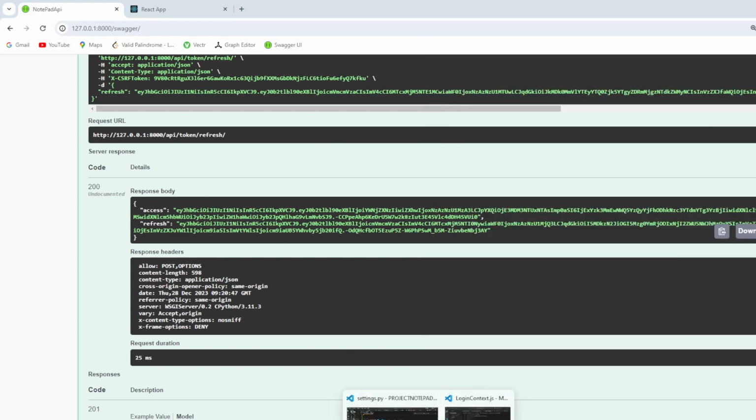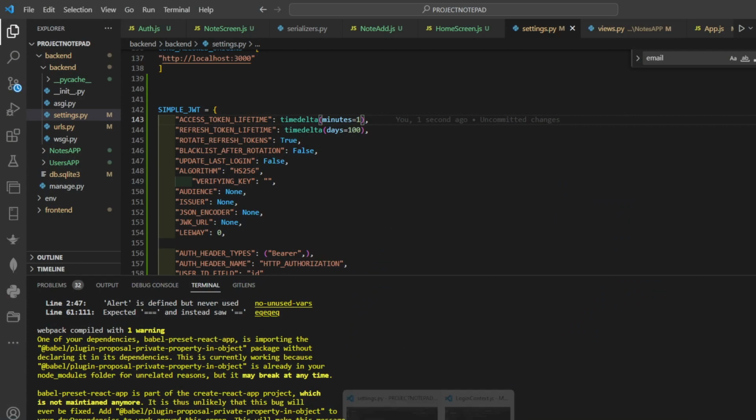So, like, every 5 minutes. Why 5 minutes? The token expires in 5 minutes. So let's say every 3 to 4 minutes should be good enough. So